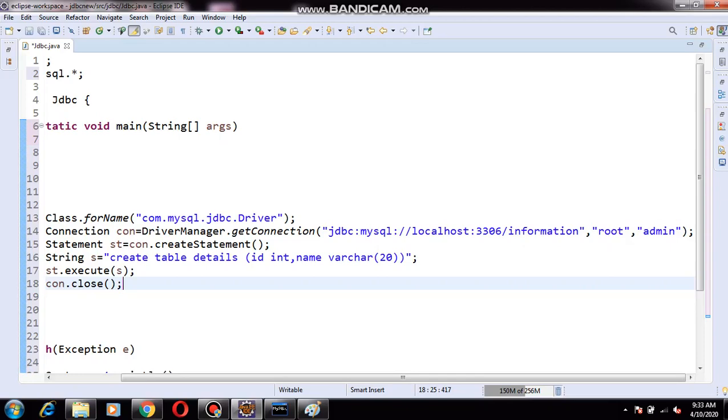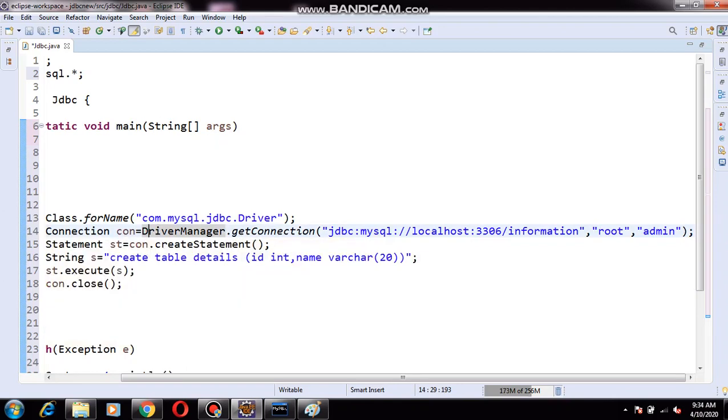Now each and every step has a relation here. First come from bottom to top. At the bottom, what have I given? Create table details. I am executing this statement. This whole create table details comes under statement. This statement I have to insert into the database. If I want to insert this statement into the database, we definitely require the connection. What do we require?